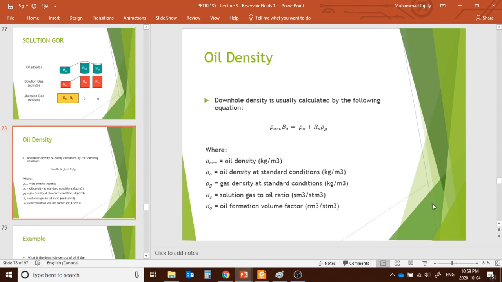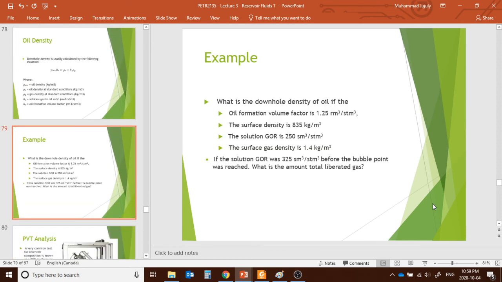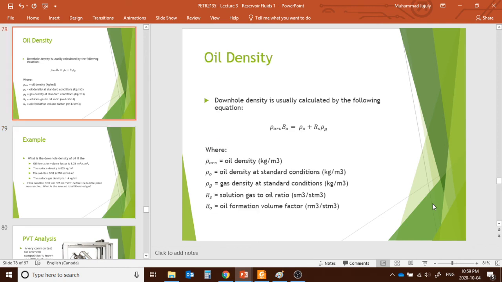The oil density, you can calculate the downhole oil density using this formula. Please go through this example, and you can pretty easily calculate the downhole oil density using this formula. Okay,